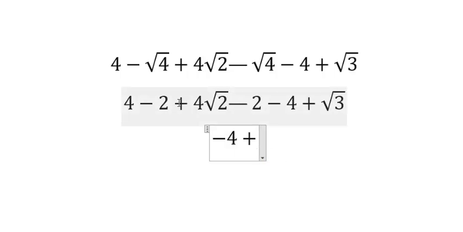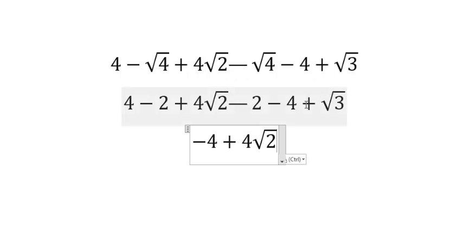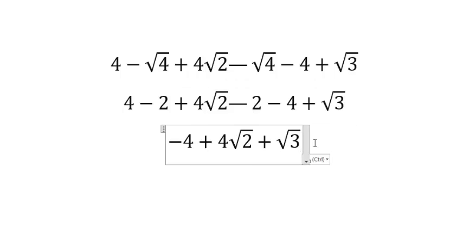Plus 4 square root of 2. Because there is no other square root of 2 there, so I just copy it. And plus square root of 3. Okay. Now I'm gonna try writing these things in order, like organize the square roots from the highest to the